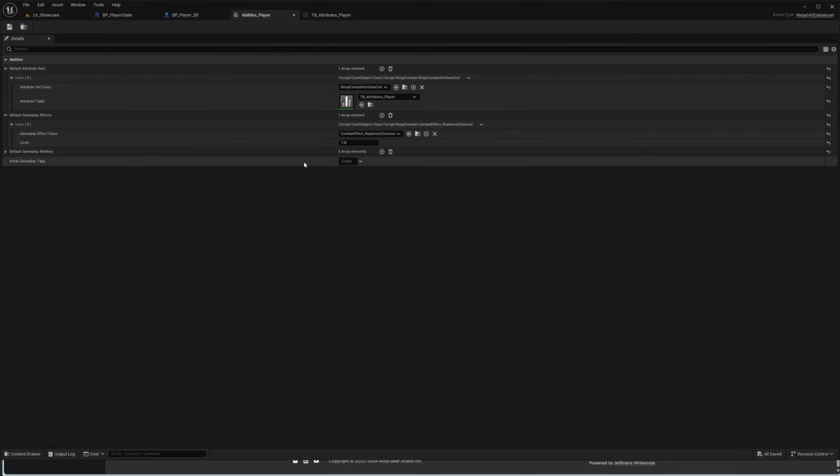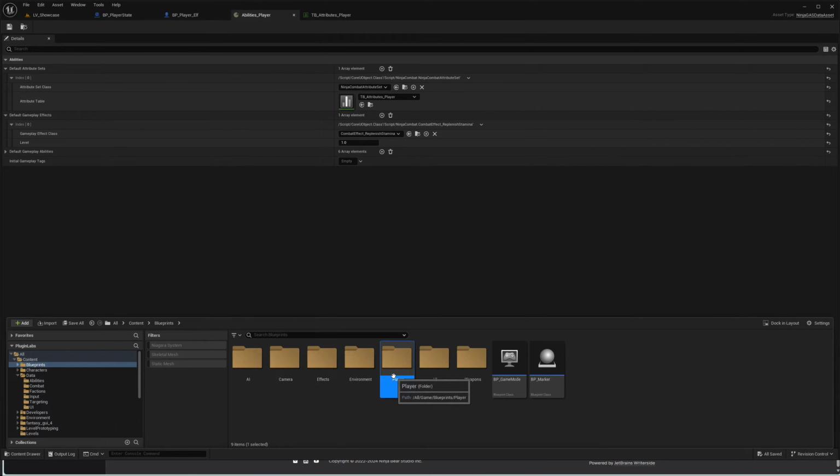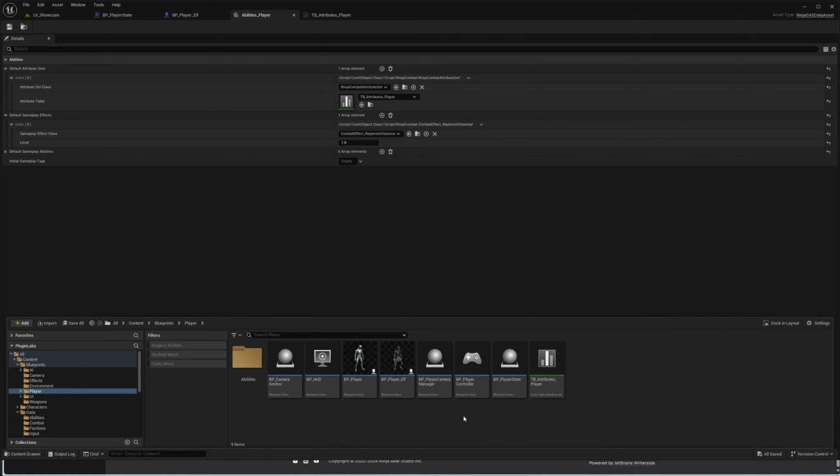Now we're ready to configure the ability system component, which can be in your player character or in your player state. To decide if your ability system component should be in your player state or your player character, you need to consider if your character can be destroyed and respawned, and if your character needs to change levels. If the answer is yes, then your ability system component should be in your player state. If the answer is no, or you're just doing a quick prototype, then the ability system component can be in